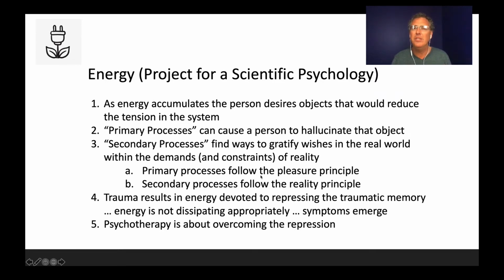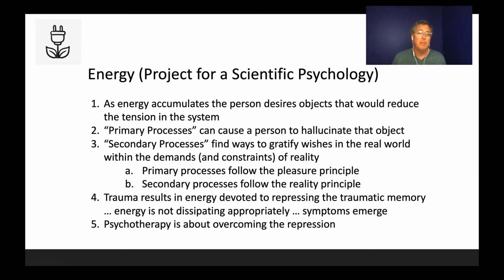Based on this, he came up with these two ideas called the pleasure principle and the reality principle. He said primary processes follow the pleasure principle. They're just about giving you immediate pleasure. Secondary processes follow the reality principle, which is trying to get some form of pleasure or release of that desire, but doing so in ways that fit with the constraints of reality. So sometimes we have to accept reality if we want things to happen in the real world, and that's where secondary processes hang out. Okay,